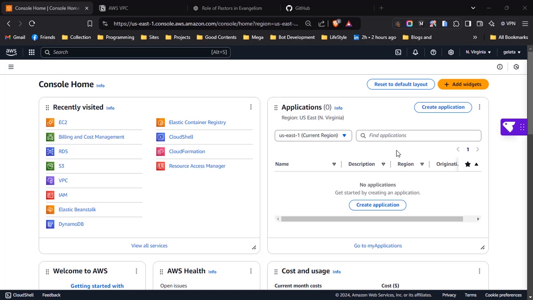So in this episode, we will talk about AWS VPC, or AWS Virtual Private Cloud. We will do two hands-on projects. The first hands-on project will be creating a custom VPC. Then after creating the custom VPC, the second hands-on project will be deploying a simple web server in that custom